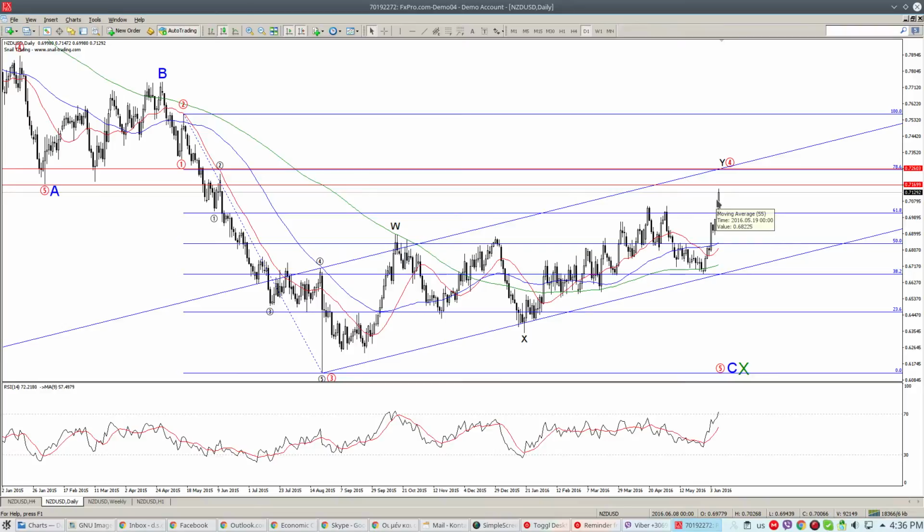and now it is broken to the upside, which suggests that we are likely heading towards the next important Fibonacci retracement, which is 78.6, and this is exactly what happened here. We had several attempts at the 50% retracement, 1, 2, 3, 4, and the 5th attempt, price broke above it, and then they continued until the 61.8% retracement.